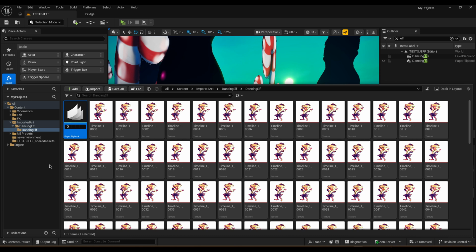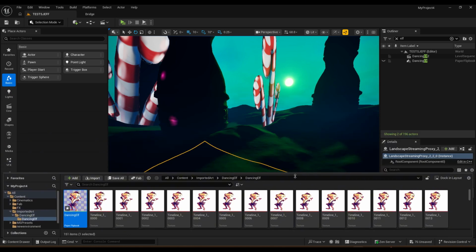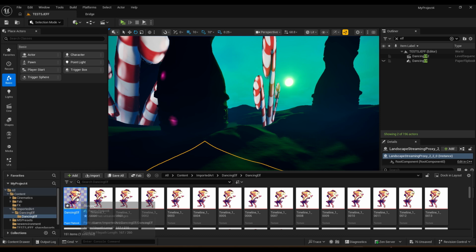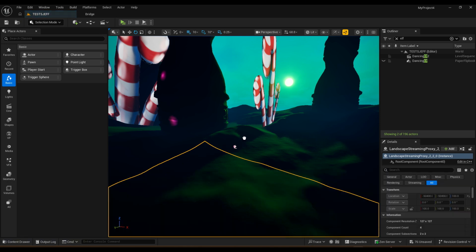And we'll call it, oops, hit enter. And we'll just lower our content drawer. And the last step is we just take our finished GIF and we drag it